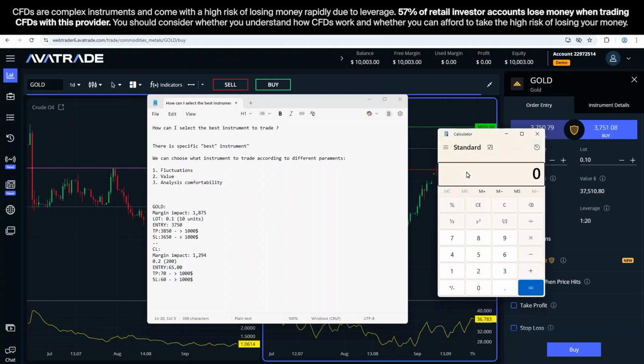We're going to take 8,350, which is the bigger number, and then take 1,294 and divide it by 1,875, and then we'll multiply by 100, and we can see that this is 30% more on gold. As we can see, it's 30% more than the position cost, the margin impact cost for crude oil. Okay, this might not seem significant, but again, the difference,